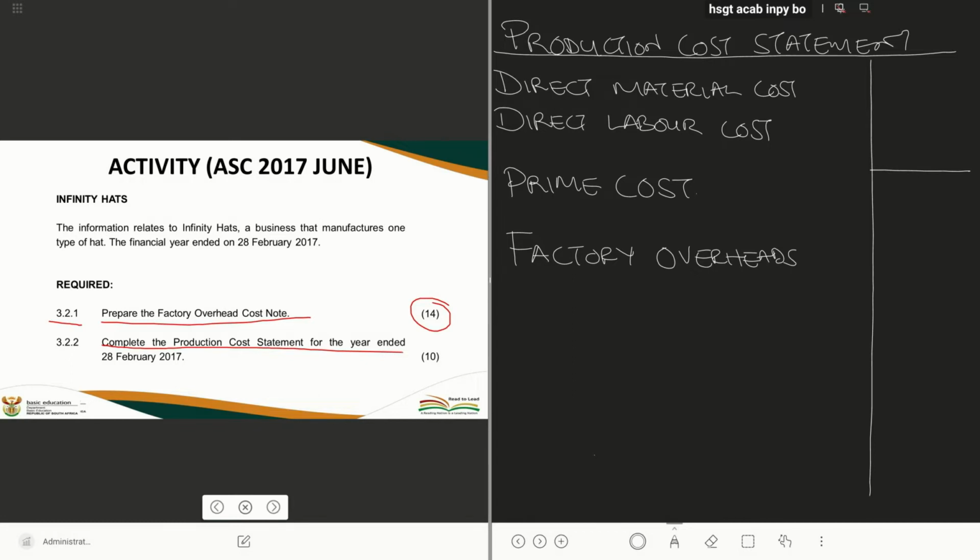And you understand completely that when you have added your factory overheads, you must then have, which one? Yes, work in process. All right? But before you get to your work in process, what do you have now? You're going to have what we call total manufacturing